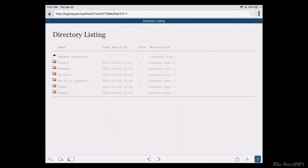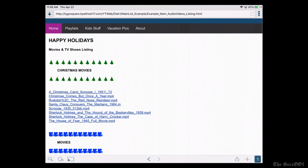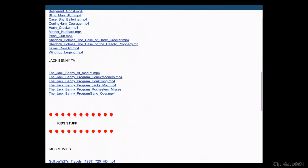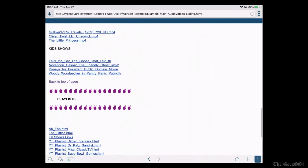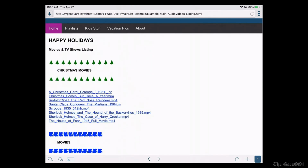The cool thing about this setup is I can create a main web page like this with links pointing to the various links on this site or the same HTML links located directly on the flash drive, kind of like a concierge service for friends and family to be able to access the content on my flash drive from whatever Wi-Fi we happen to be on, either at my home, their home, on a plane, or on vacation at, say, an Airbnb, anywhere